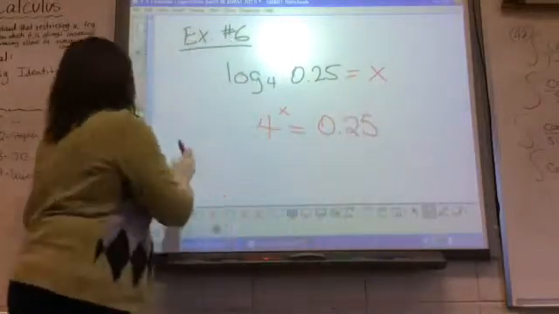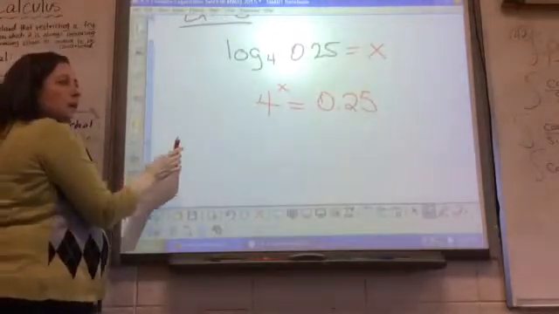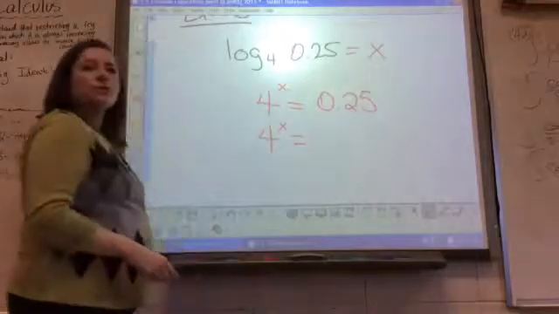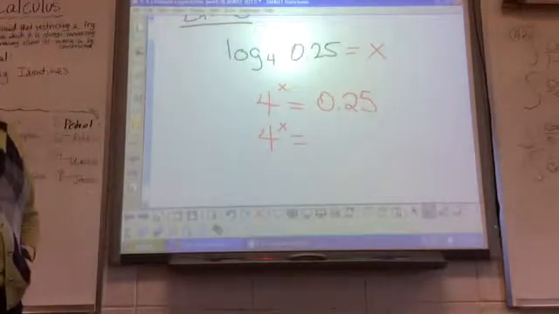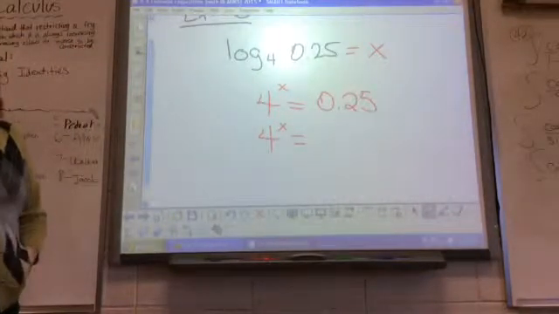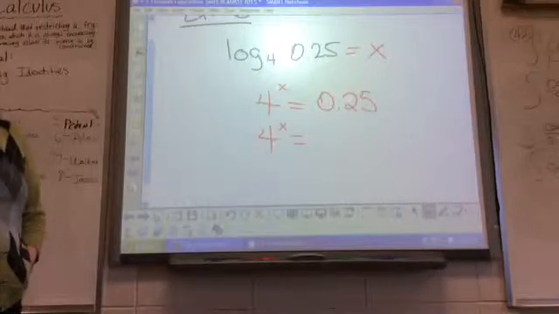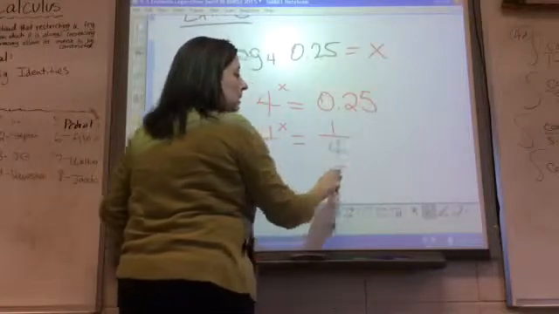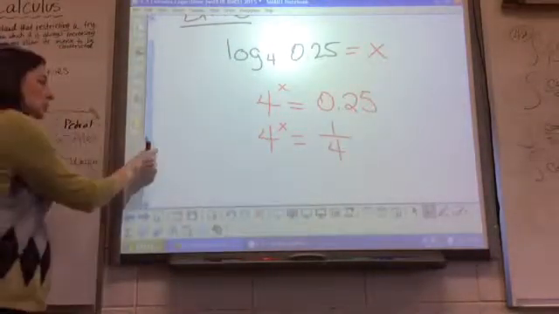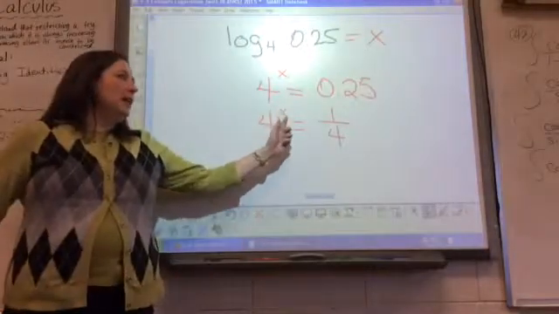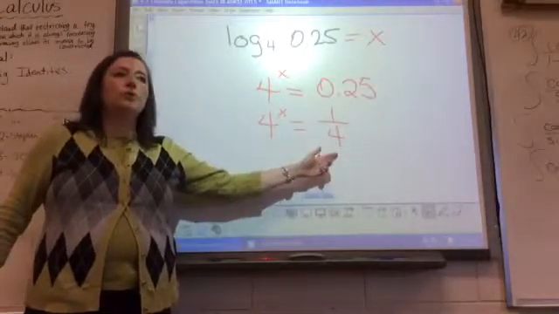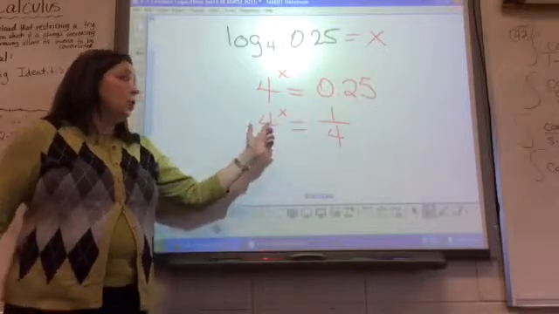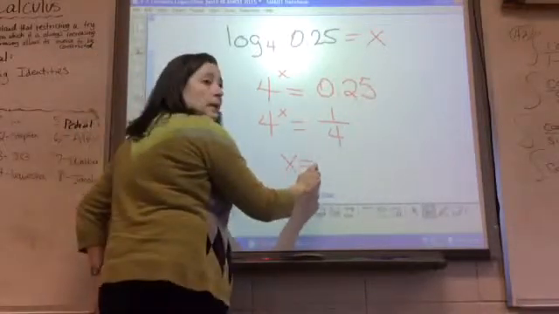Now, seeing that we kind of got to play with this, let me see if this will help. Rewrite 0.25 as a fraction. 25 over 100, good. That'll reduce to 1 over 4. All right, so y'all are saying that is 1/4 really. Now look at this. What kind of exponent would I have to have for this 4 to become 1/4? Think about your exponent rules. Negative, very good. So x looks like it's probably going to be